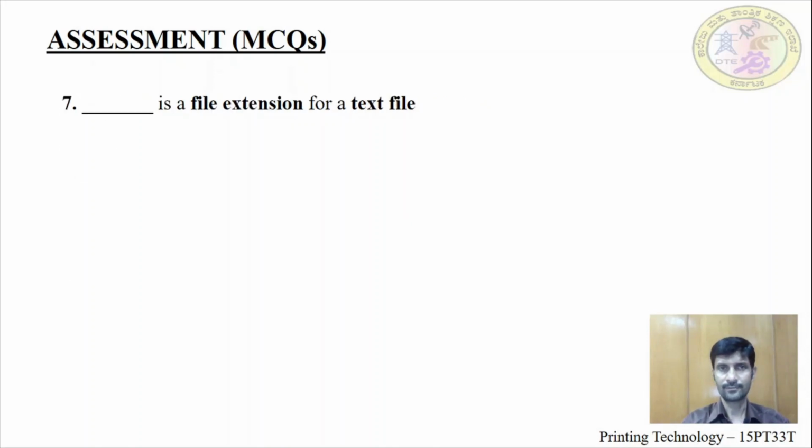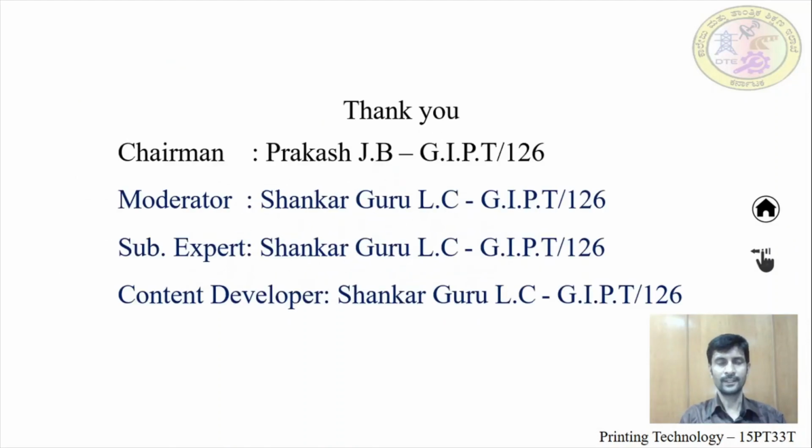Dash is a file extension for a text file. The options are .pst, .pdf, .jpeg and .txt. Normally .psd is the file extension used for a Photoshop document. .pdf is the file extension for a PostScript file. .jpeg is the extension for an image file format. Now you got a clue to answer this question. Normally the text files can be created using Notepad or WordPad. Sometimes Microsoft Word is also used to type text, but it is not a plain text document. I thank you all once again.